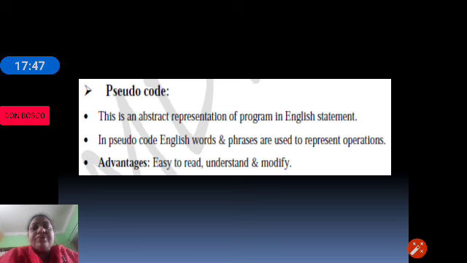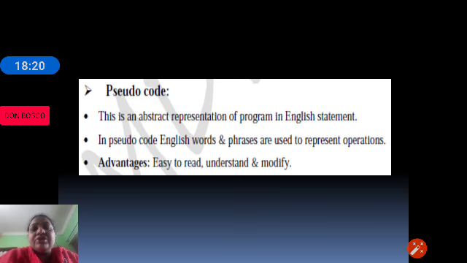A computer understands only computer languages or programming languages. So you write a program that you can type and execute in a computer, but sometimes you want to make common people understand that program. So the same program, the computer code or instructions, you write using English statements, generalized statements, and that is called pseudocode.